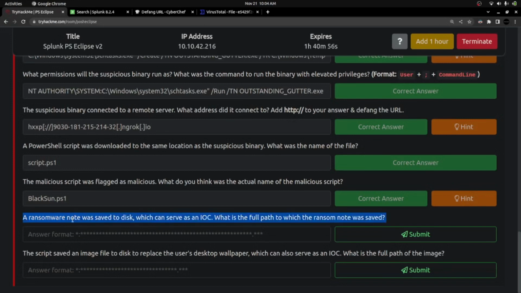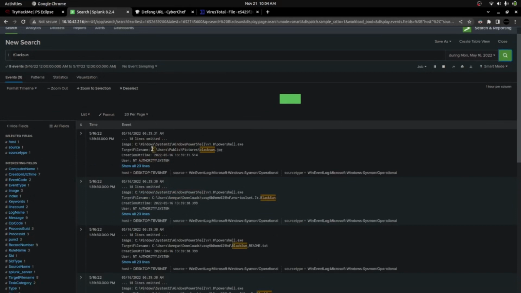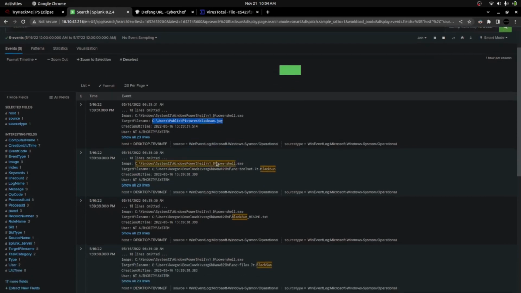A ransomware note was saved to disk, which can serve as an IOC. What is the full path to which the ransom note was saved? So I'm just trying to scroll down, and here I can see the first result. It's an image file which is placed in the pictures directory. And if I scroll down further, I can see